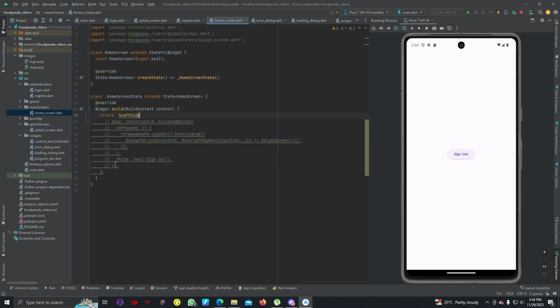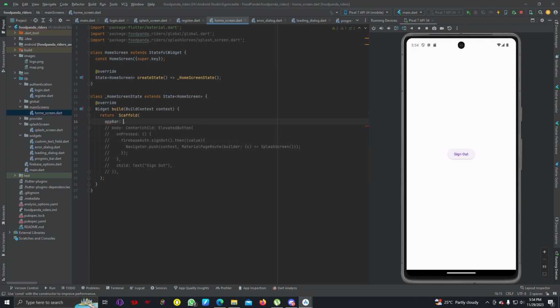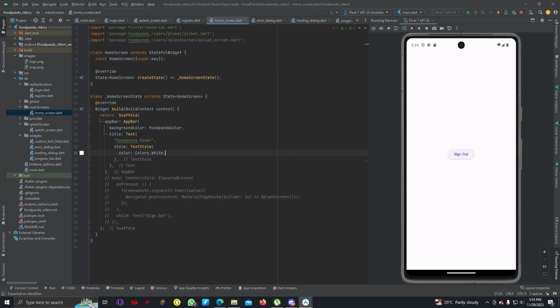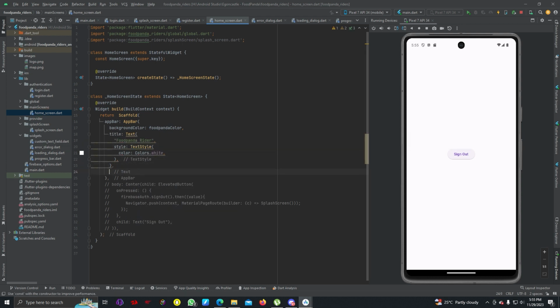We can use an app bar, then background color Foodpanda color, then title text Foodpanda riders, style text style, color Colors.white, center title to true,